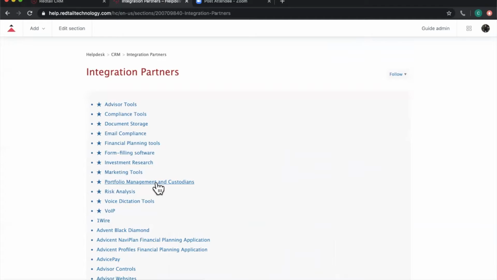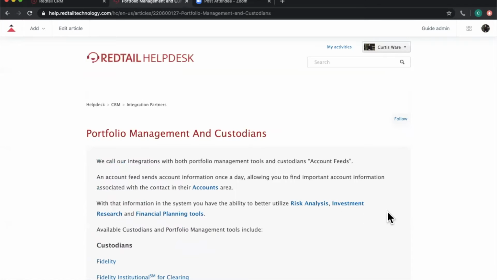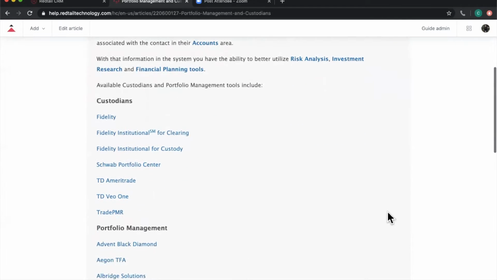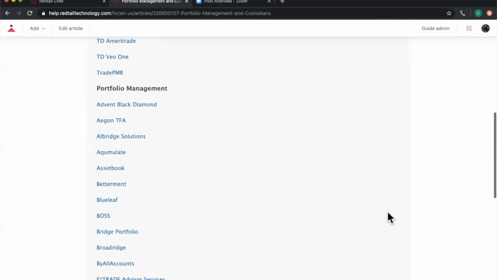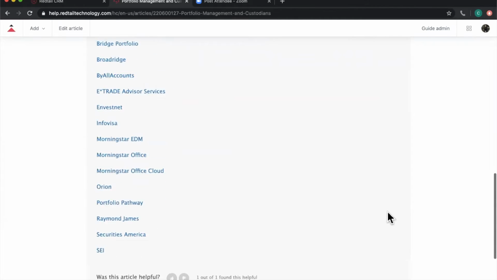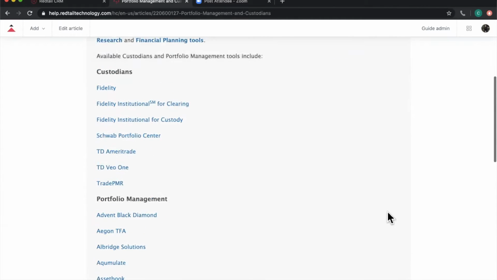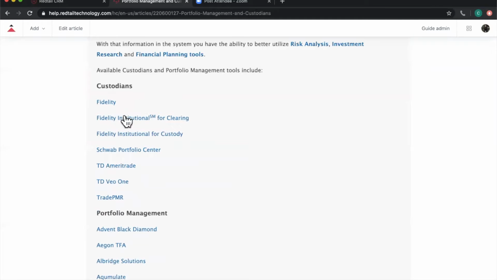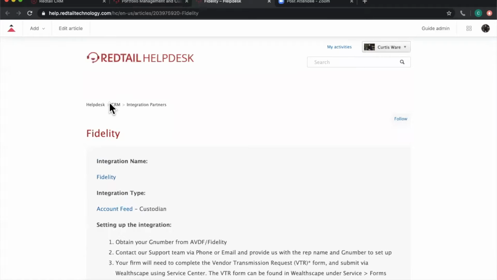So when I click this under our integration partners on our help desk and click portfolio management, this is a list of all of the different companies that can feed account information over to the database. You'll see it's quite a long list. And if you're not sure how to set up any of these, if I click on Fidelity, it'll take me to the specific account information or the setup on how to get that